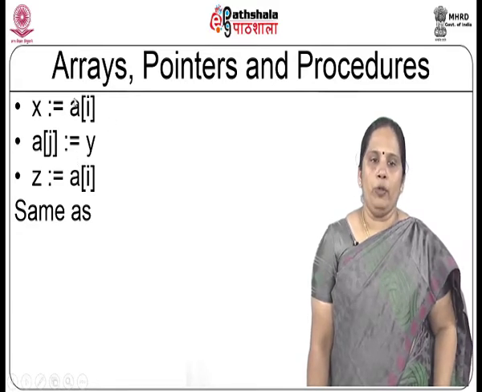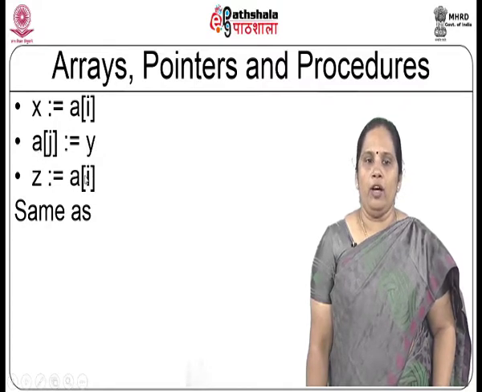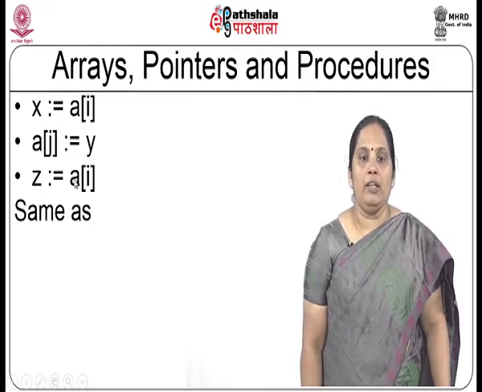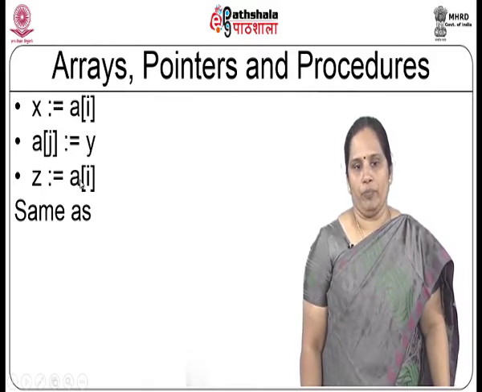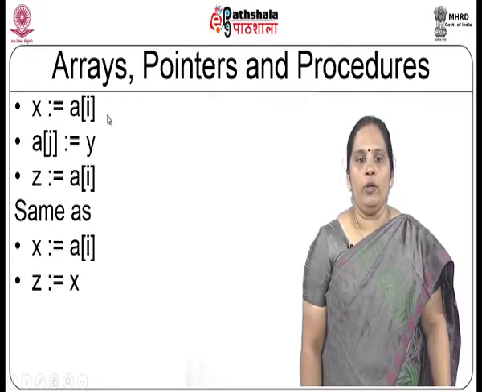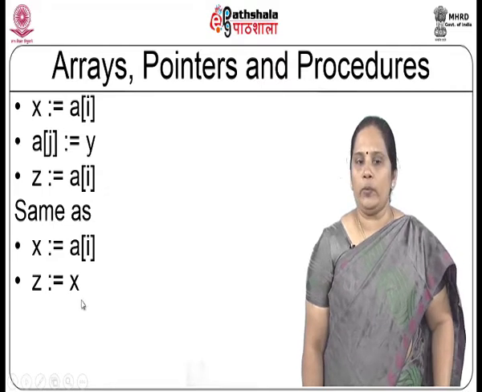You have to compute a of I and put that value into x, store y into a of j, and then put a of I into z. Between these two statements, the value of I hasn't changed. So, x is equal to a of I and z is also equal to a of I, right. So, I can say z is equal to x,